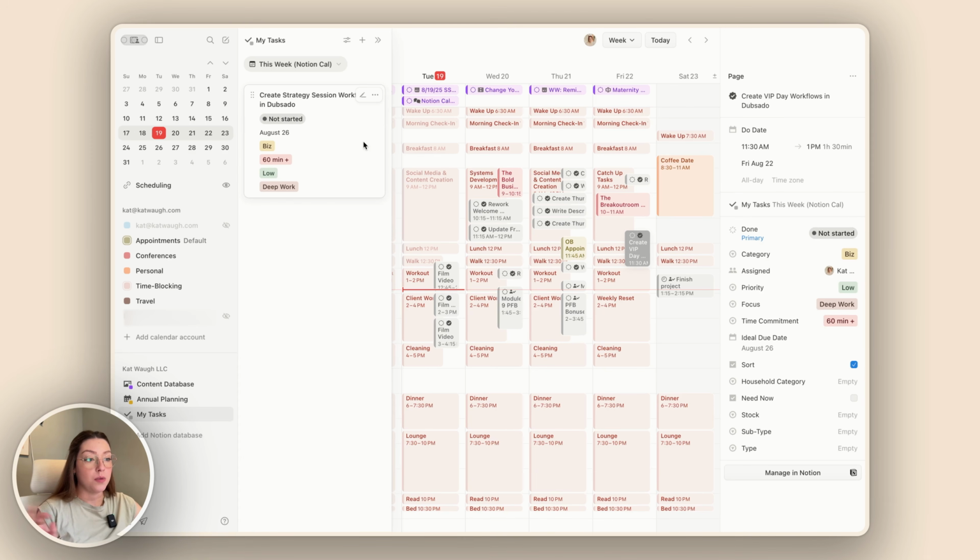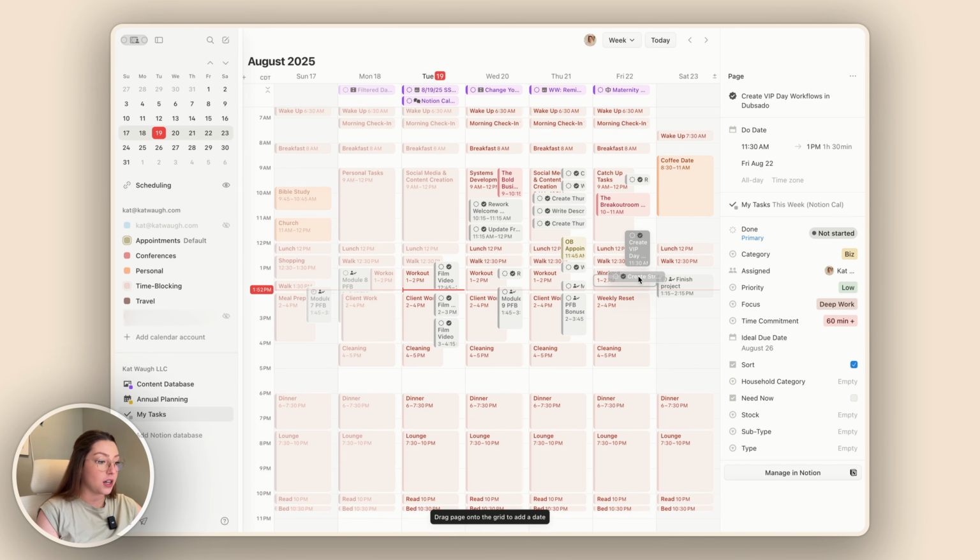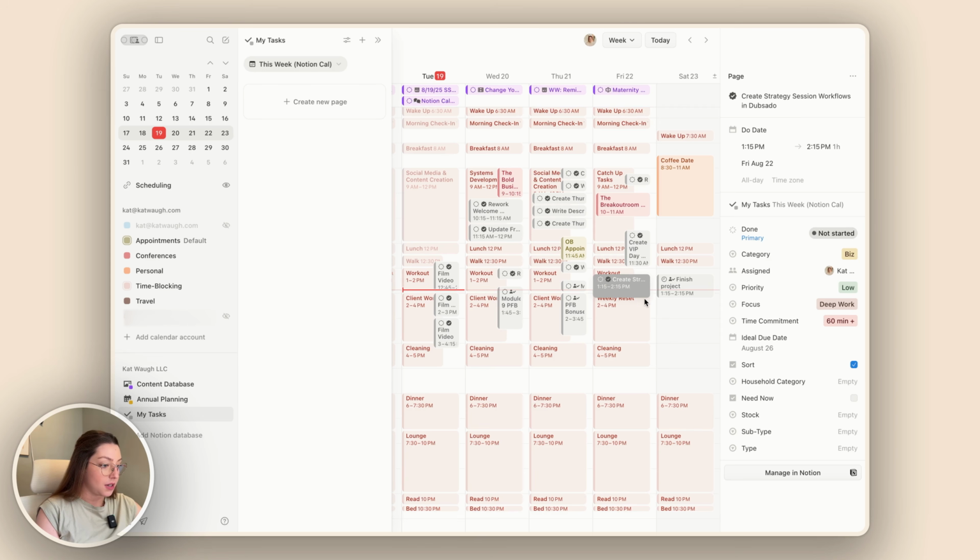So as you can see, dragging that here actually scheduled it to my due date. And so now it is showing as a scheduled task instead of an unscheduled one. So we can go ahead and do the same thing for this guy here and schedule this one out. I know this one is probably not going to take me quite as long, so I won't make it as long of a task, but it really is that easy to get things into your calendar this way. So I have pretty much already planned out my week here. I had a couple examples to show, but now that we are finished with this,